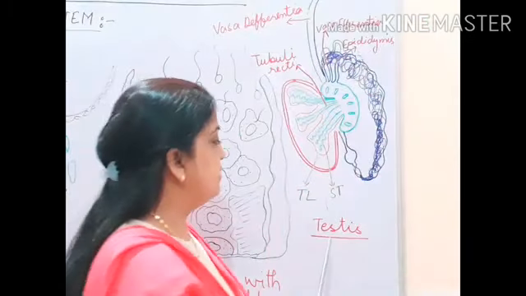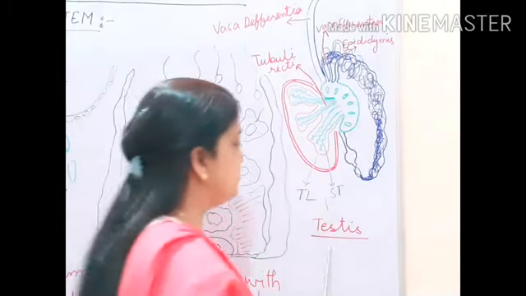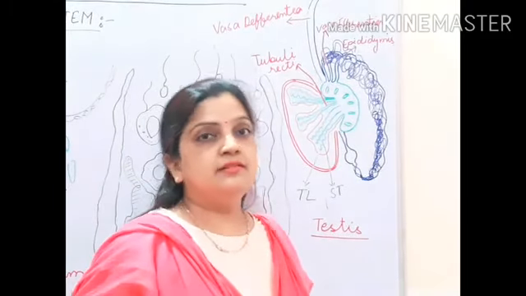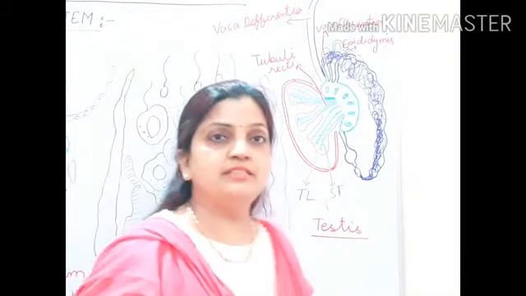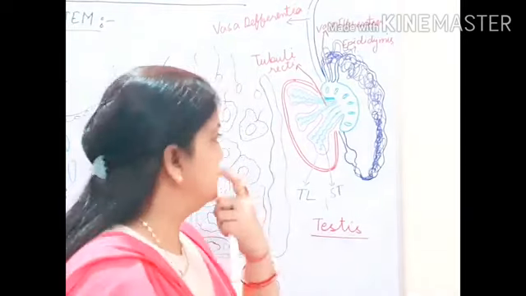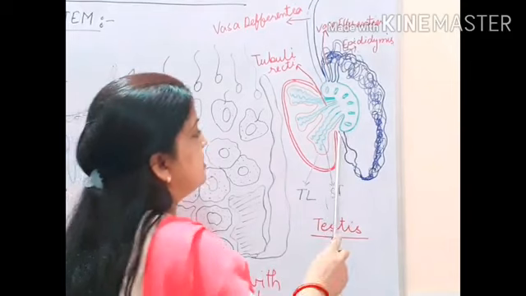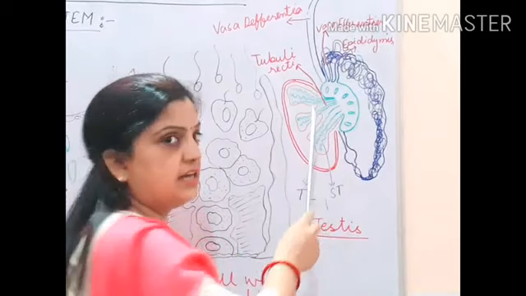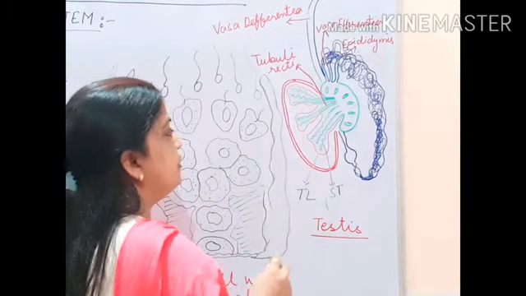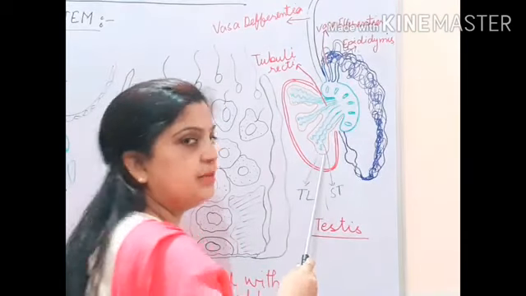You can see that I have drawn on the board the internal structure of the testis. The structure we discussed in the last video too, but again, a little bit of description and explanation, I will be moving to the internal parts of the testis. Now you can see that I have drawn this testis over here. This is the outermost layer of the testis. We have studied the outer membrane and all. Now our today's topic is seminiferous tubule, so we will be discussing the seminiferous tubule.